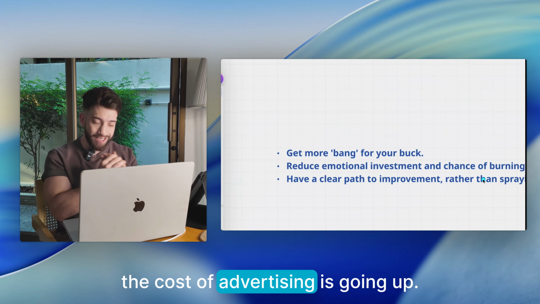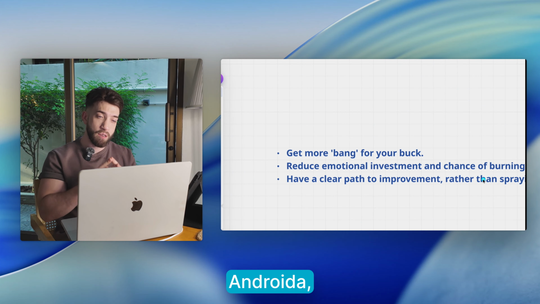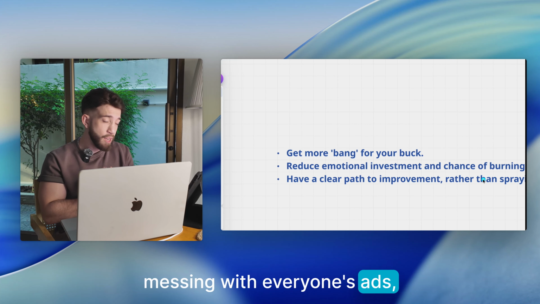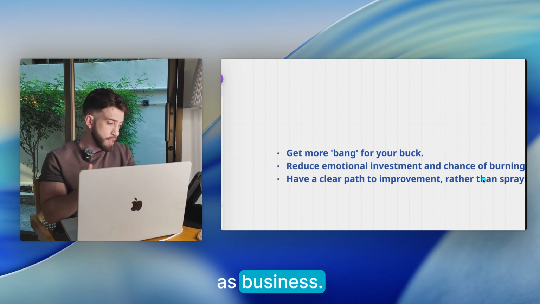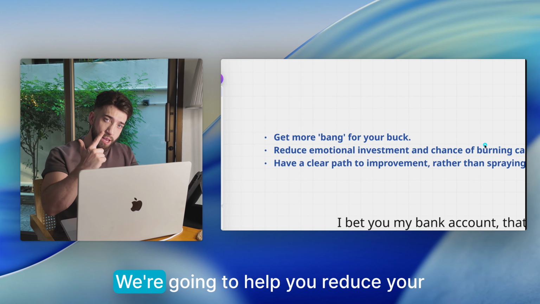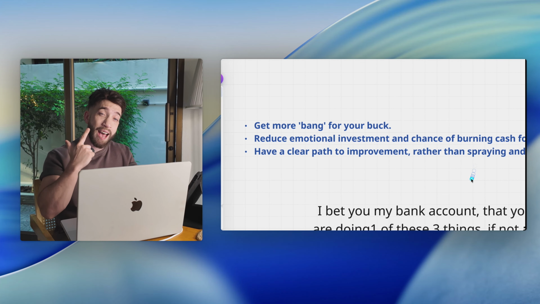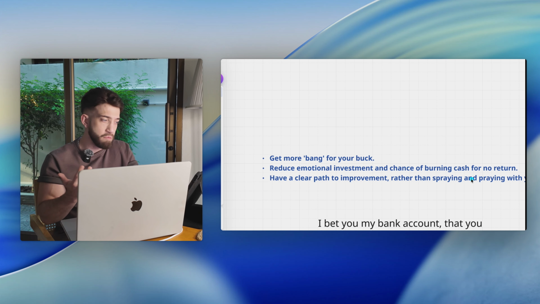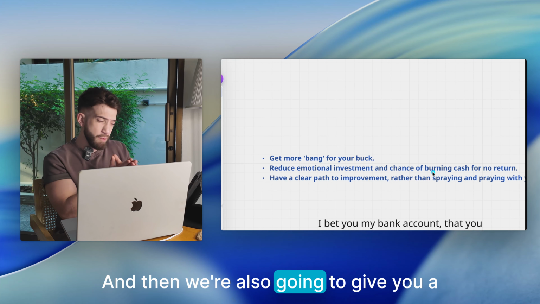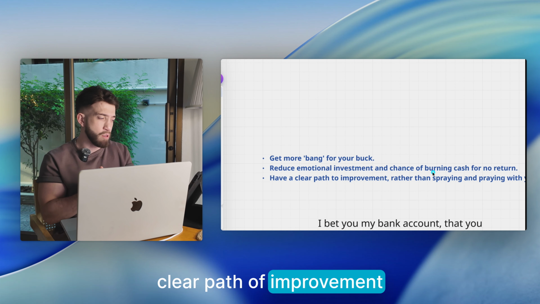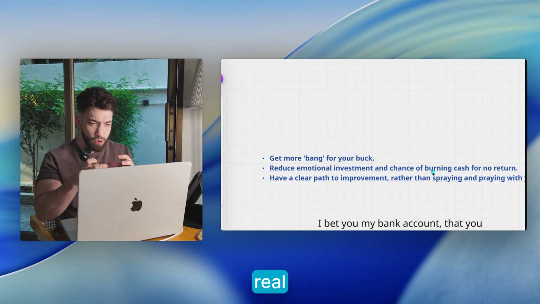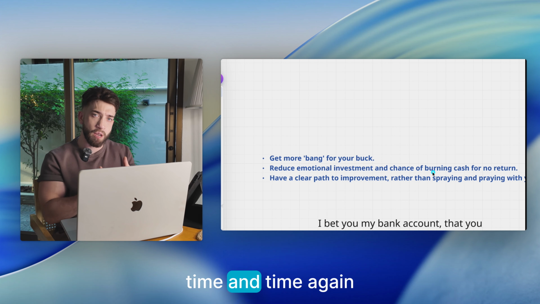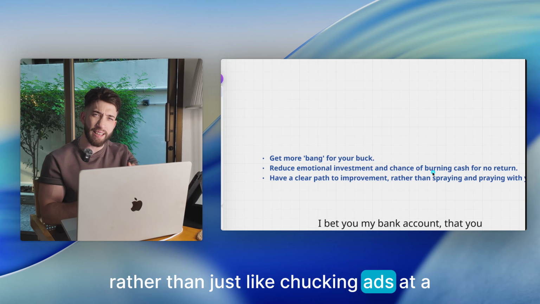Right now the cost of advertising is going up. Andromeda, the AI algorithm of Facebook, is completely messing with everyone's ads, especially when you're generating leads as a business. We're going to help you reduce your emotional investment and the chance of burning cash on no real return. And then we're also going to give you a clear path of improvement with a specific framework that you can deploy time and time again, rather than just chucking ads at a wall